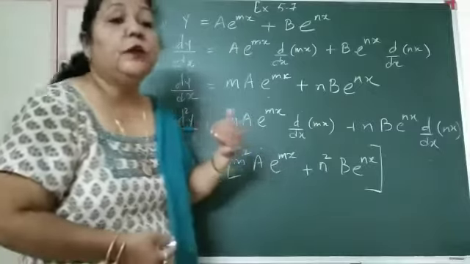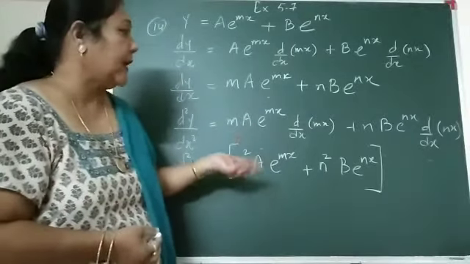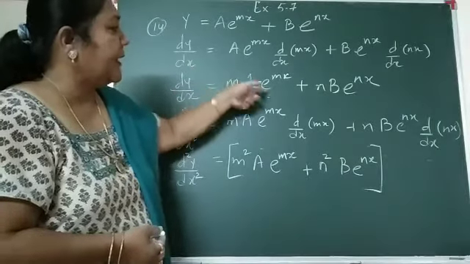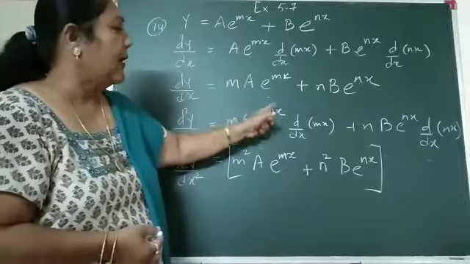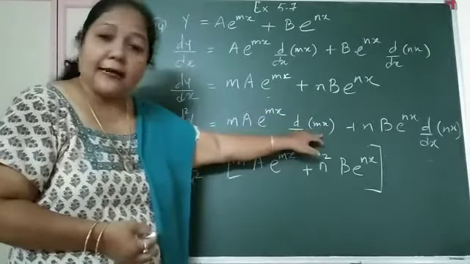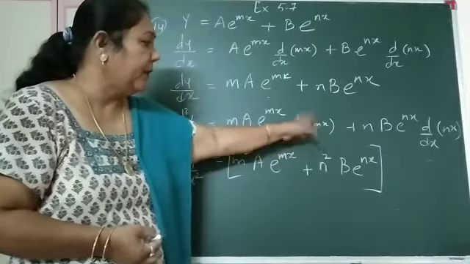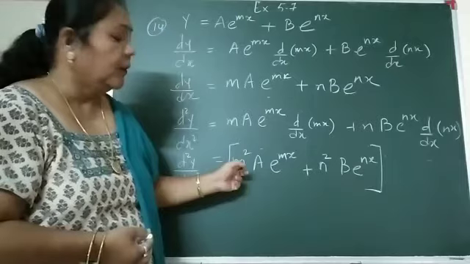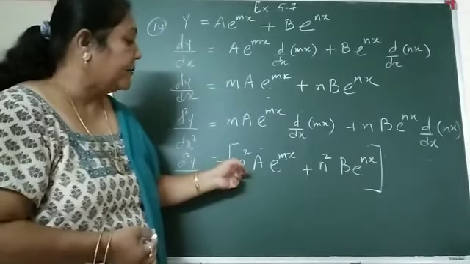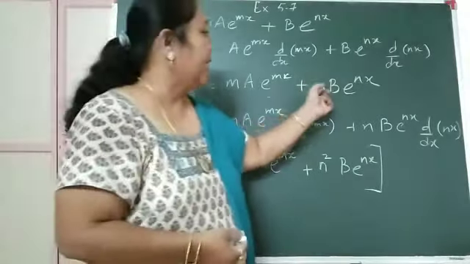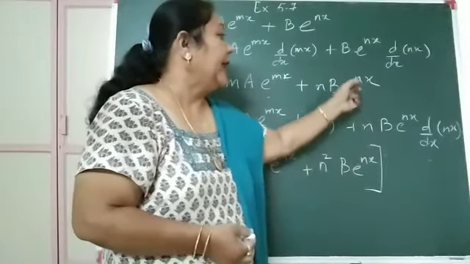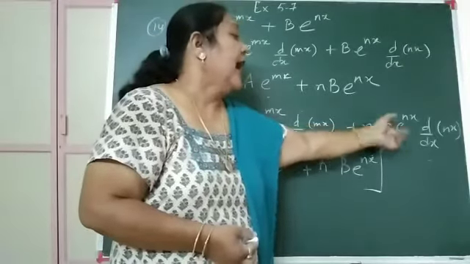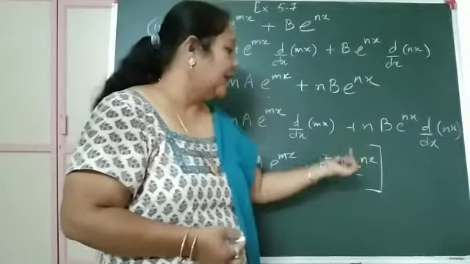Now I go to one more time differentiation of that answer. So let's differentiate one more time. So ma is a constant, e raised to mx gives e raised to mx, and differentiation of mx back again. That differentiation of mx is going to be m. So m will become from here once and from here, so it will become twice. So I have m squared a into this. Same way over here, n and b are constant, and e raised to nx I differentiate to get back again the same e raised to nx, and nx I differentiate again to get the answer n.